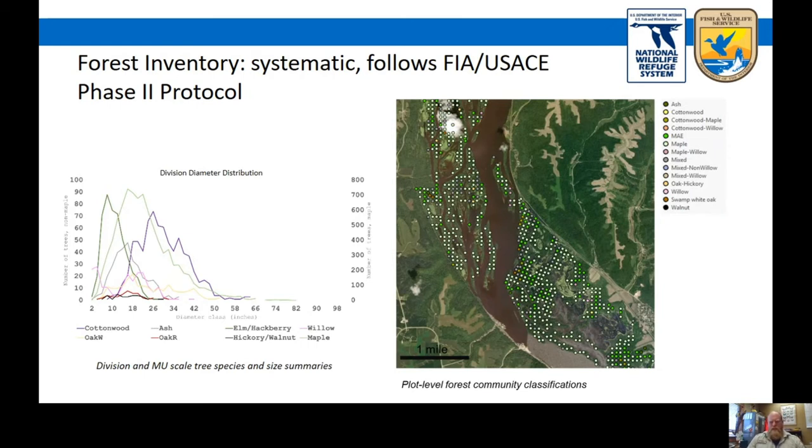Essential forest demographic data is used to determine where to actively manage our forest on the refuge. This is collected using forest inventory protocols following the U.S. Forest Service's FIA and the United States Army Corps of Engineers Phase II Protocol. This is a mixture of fixed plot and variable radius plots